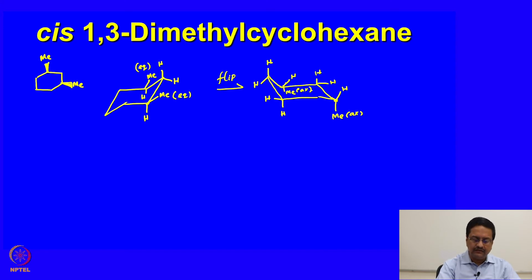So what we now have is a very strong 1,3 interaction between the methyl groups and the hydrogens, and it is very obvious that in the cis isomer of 1,3 dimethyl cyclohexane with the two methyl groups diaxial, you have a very strong 1,3 diaxial interaction. So if we try to draw this molecule using the Newman projection, as we were doing before,